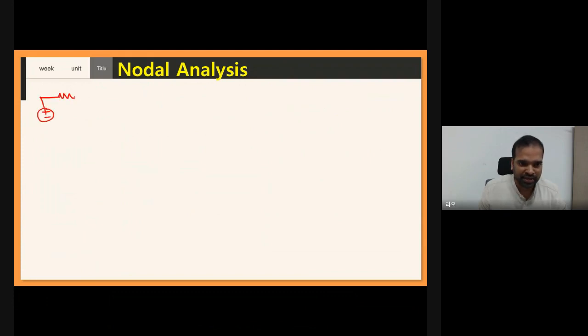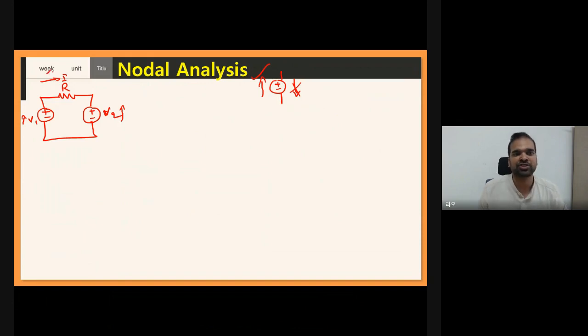Suppose here I am taking one resistor and two voltage sources, okay? So this is my V1 and this is my V2 source, and here this is R and this is my current direction. I hope you know, right? If I have a voltage source like this, does current go from minus to plus or plus to minus? Of course, current always flows from minus to plus, and this is not a wrong assumption. Now in this voltage source, current is flowing this way, and in this voltage source, current is flowing this way. But what is our assumed current direction? This one. Okay, this is our assumed current direction.